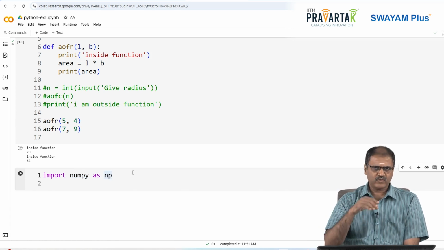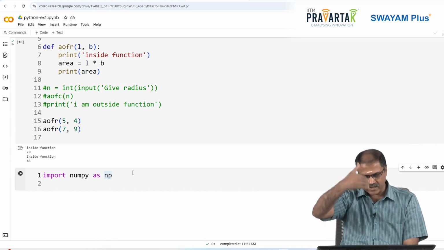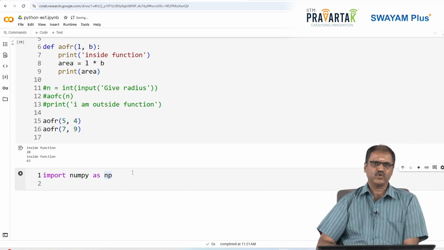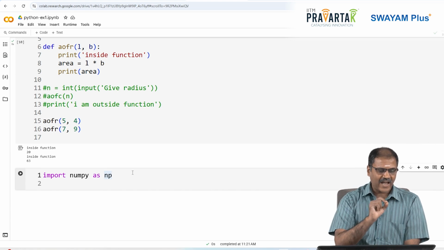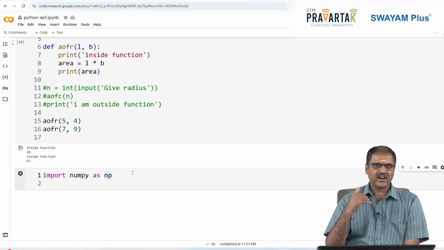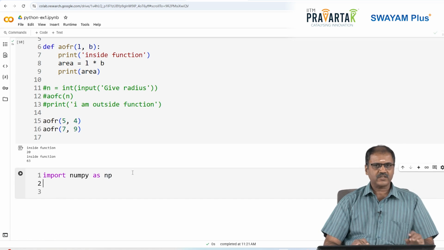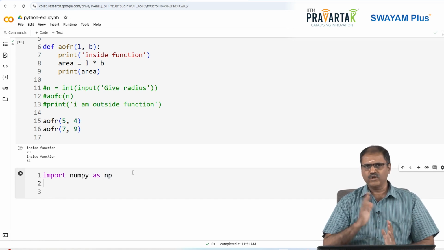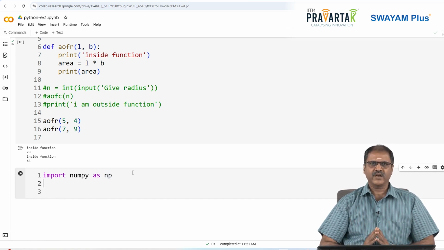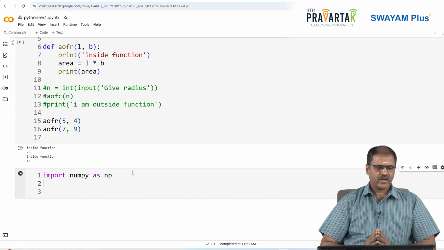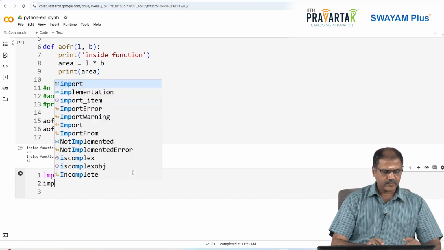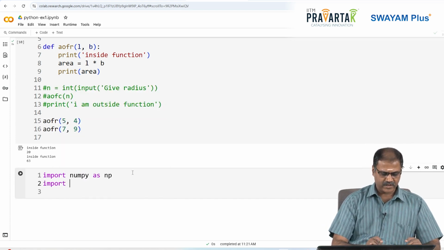In C, you would have used a hash include. In some other languages, you would have used the word using that library, to bring that reference into your code. This "as np" means later on when you refer, you will use this short form np. This is numerical Python. All numerical methods will be under NumPy. Now there is another famous library,